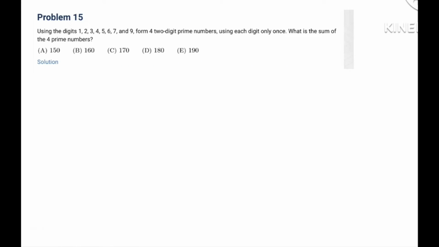Problem number 15, using the digits 1, 2, 3, 4, 5, 6, 7, and 9, form four two-digit prime numbers using each digit only once. What is the sum of the 4 prime numbers? Okay, so